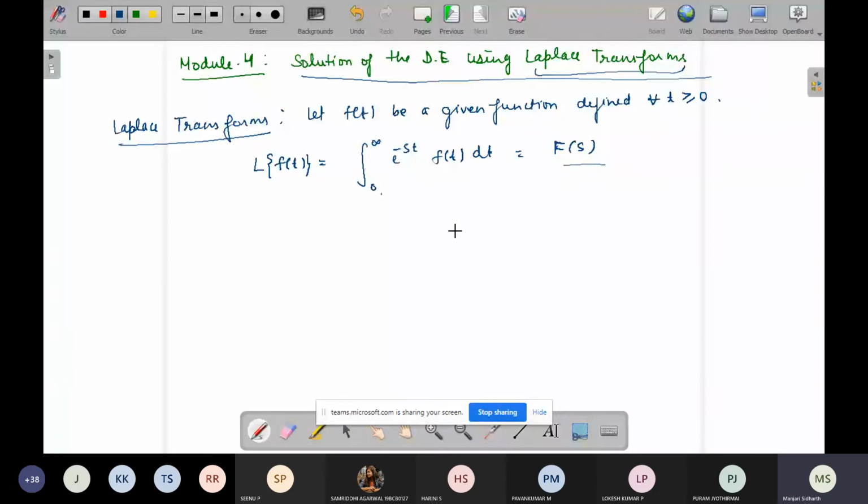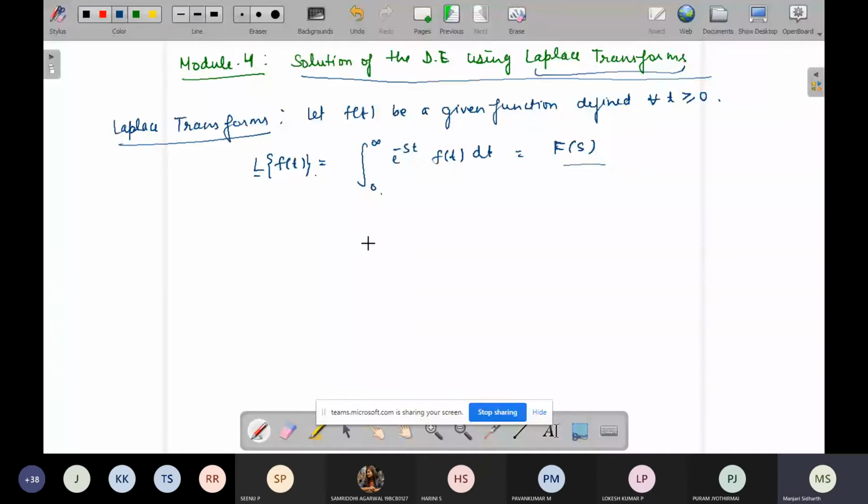Now this L is known as the Laplace transform operator operating on this function. Using this operator, we are transforming the time dependent function to the frequency based function. So it is called Laplace transform, using the Laplace operator. The original given function f(t), known as the determining function, depends on t, while the new function to be determined, this F(s), called the generating function, depends only on s.